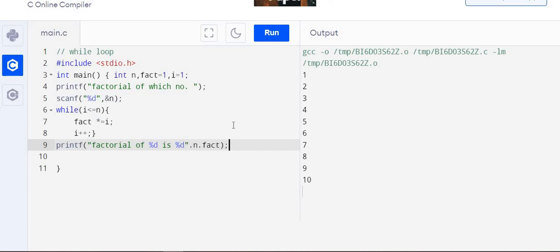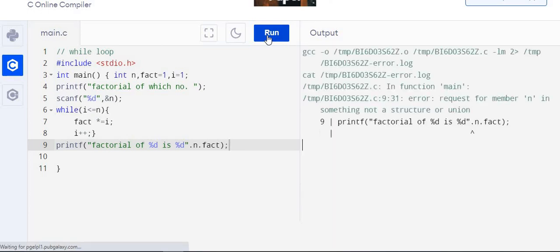So let us check this for syntax. I is equal to 1. Let's run this. User will enter number n. I will change from 2. So run. Wrong syntax.